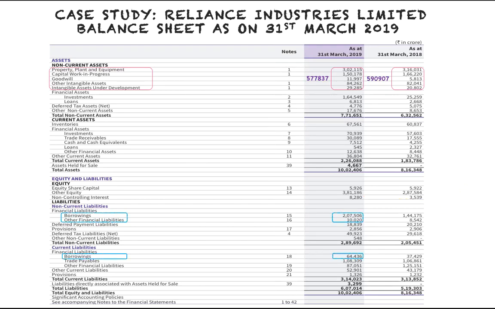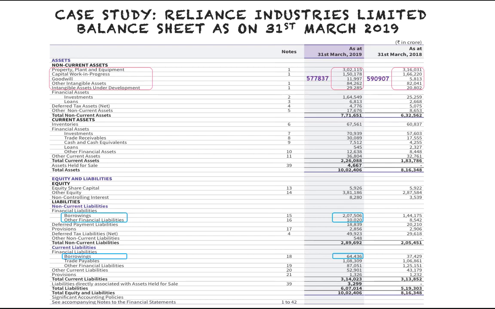Next item, very important, is borrowings. You can see under non-current liabilities, all the long-term borrowings which you have to pay after 12 months from your balance sheet date, that is after 31st March 2020. Those which you have to pay by 31st March 2020, that is within 12 months, are shown in current liabilities as borrowings of 64,000 crore, and note number 18 will give you the breakup. Similarly for non-current borrowings, notes number 15 and 16 will give you from whom the company has borrowed, at what rate of interest, for what tenor, and so on. That's very informative. You can read by yourself.